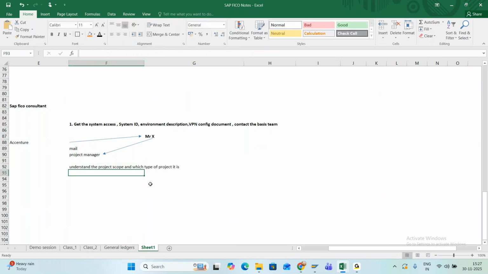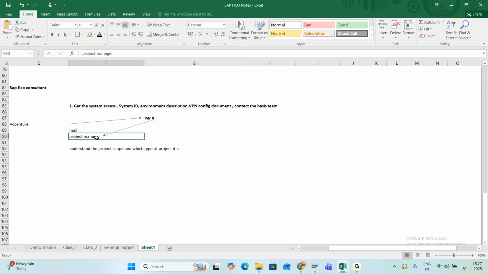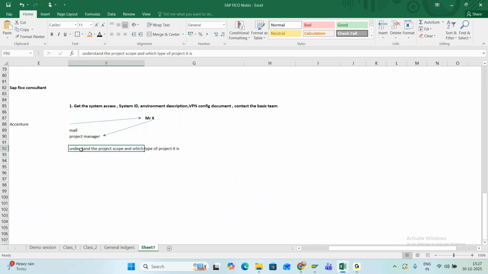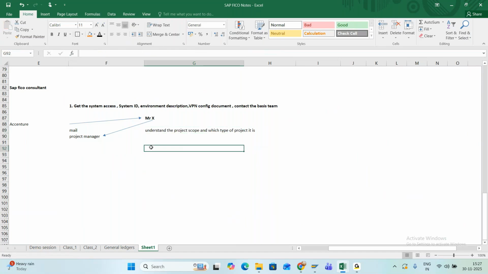So Mr. X should understand this. So with the project manager, after that, the project manager in turn, 1 minute. So these are the responsibilities. Understand the scope. After that, the project manager will